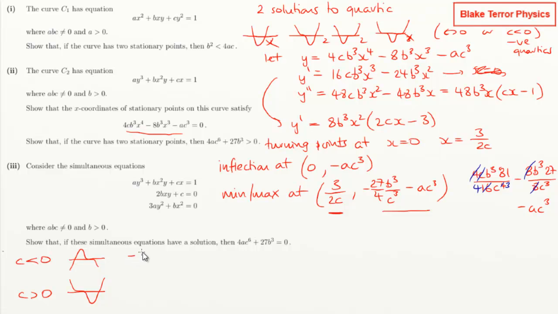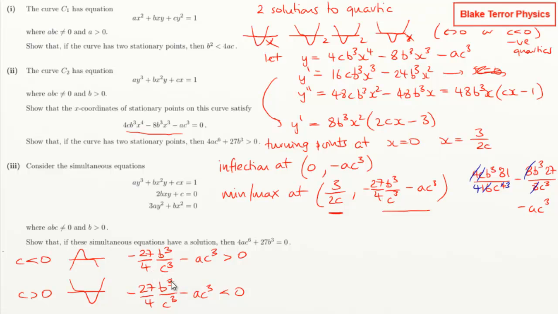So I've got minus 27 over 4 b cubed over c cubed minus ac cubed has got to be greater than 0. And for this one, I'm saying that minus 27 over 4 b cubed over c cubed minus ac cubed has got to be less than 0. Right, so how close is that to the answer? I've got a 27b cubed, and I've got a